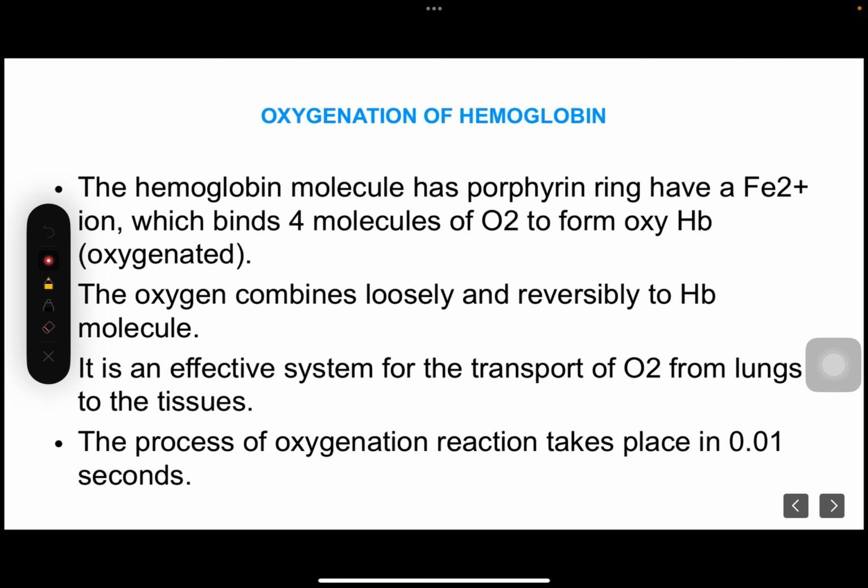Then coming to oxygenation of hemoglobin. Whenever oxygen gets bonded to hemoglobin, this process we call oxygenation of hemoglobin and not oxidation, because whenever we speak about oxygenation, during that time